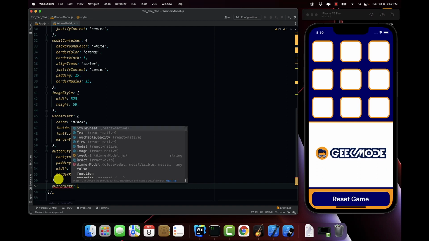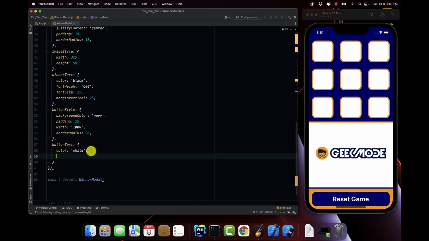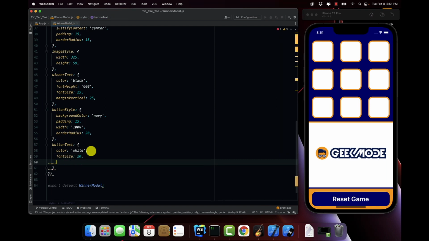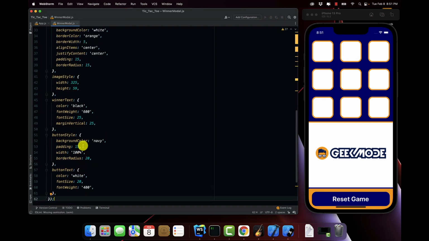Button text. We'll have the color of white. Make sure I have my quotations. The font size will be 20. And font weight will be 400. I know styling takes time, but I prefer to build it out than to use a library that may be